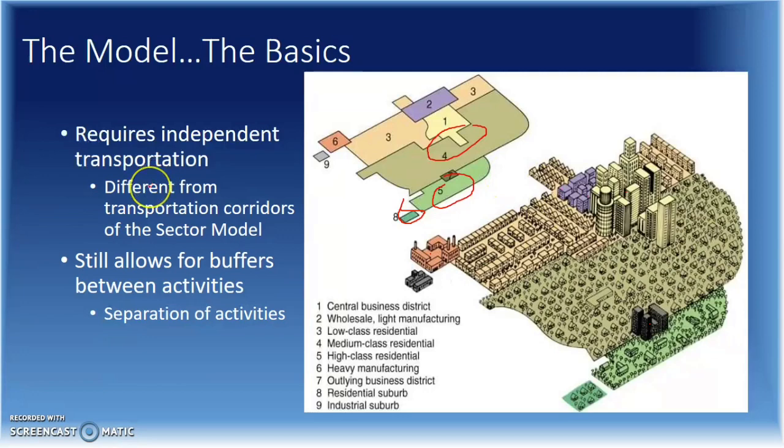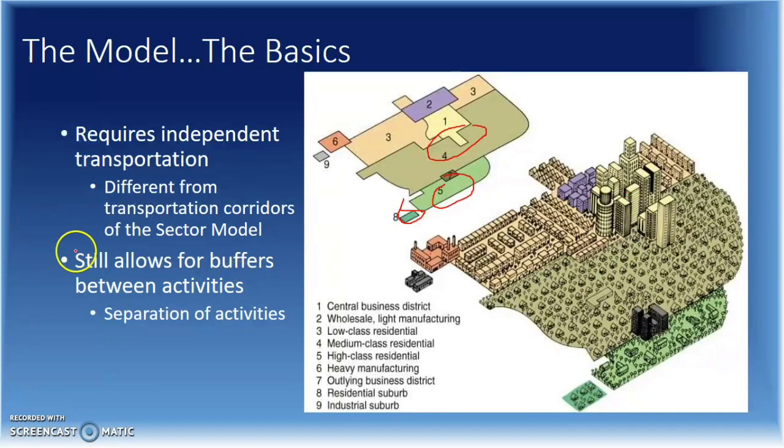And notice how it's different from the transportation corridors of the sector model. The sector model shows very clear corridors that are going to be connected by transportation networks. This doesn't necessarily show us the transportation network, but we know that they have to be there. The transportation infrastructure has to be there in order for the people to live out in these spaces and then interact with the various economic spaces around